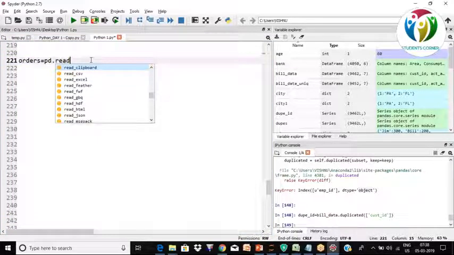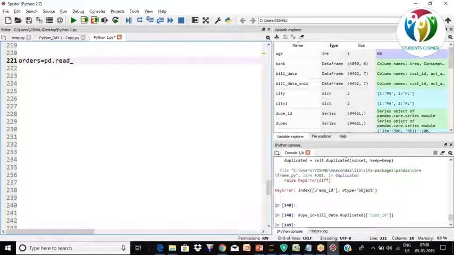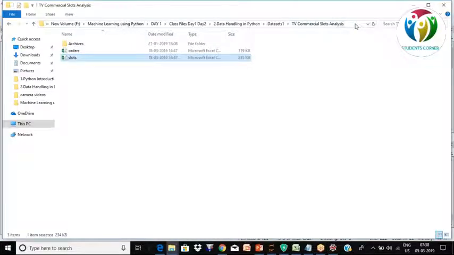Anything which starts with read, in this way you can read different types of files: CSV, Excel, HTML, JSON and all that stuff. So programming is a little bit easy with all these pop-ups in the syntax. read_csv